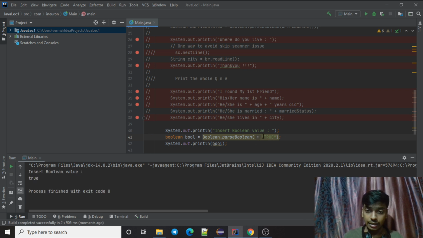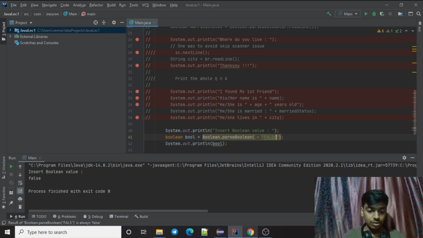If you can see, whatever I give, it prints true in small letter. That is something done under parsing. So it is getting this input, it is converting it into true or false, whatever input I'm giving. Let's give yes. It converted into false. Let's give 1. It will also come false. So anything which is not true is false basically.